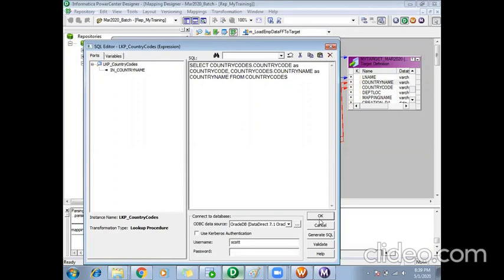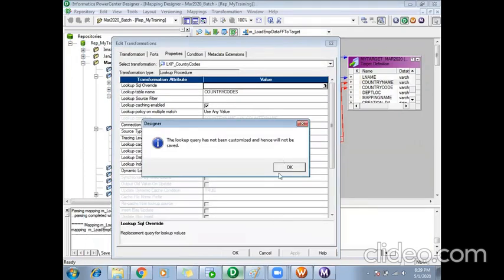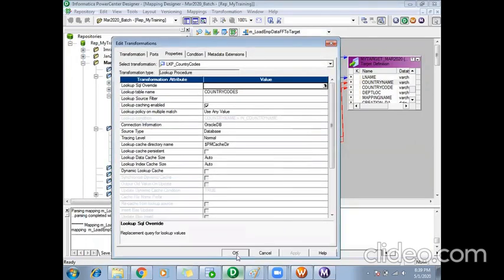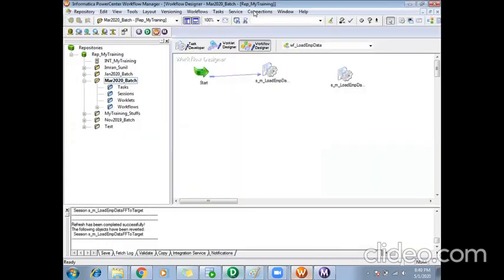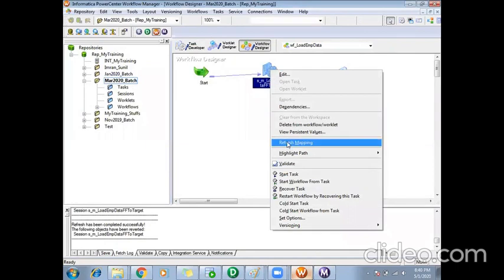Now say okay. I'll save this. My mapping is valid. And I will refresh my mapping.